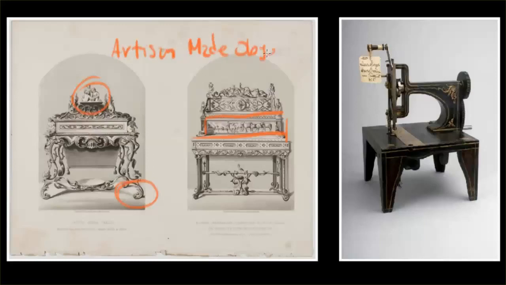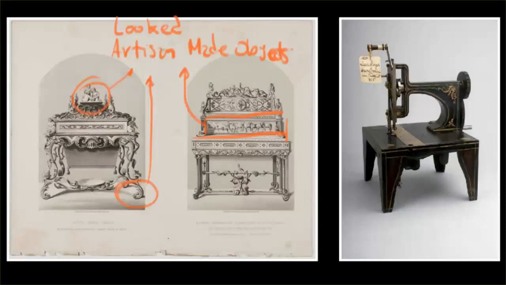And what's funny is that even though these objects look like they were made by artisans, in many cases this object used industrial production. So these objects looked like they were made by artisans, but still they were actually industrially produced, and on many